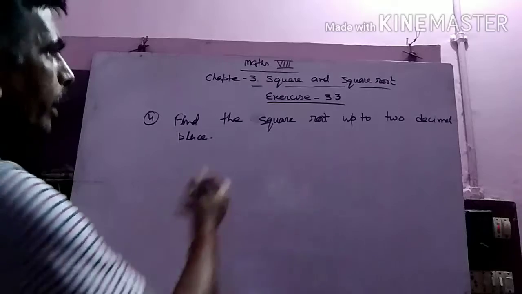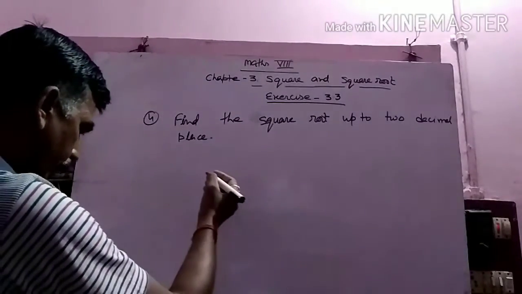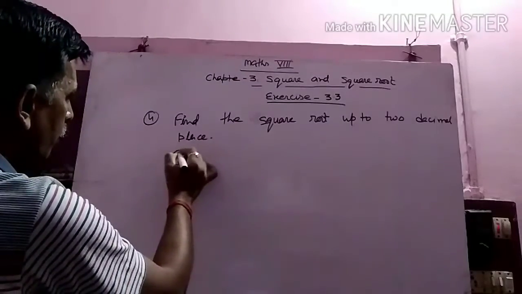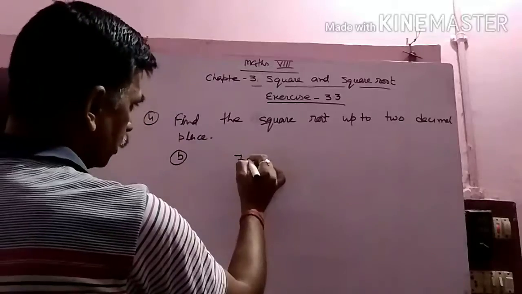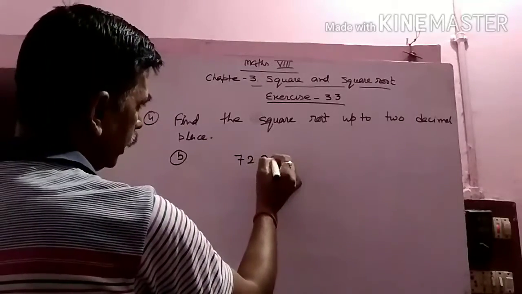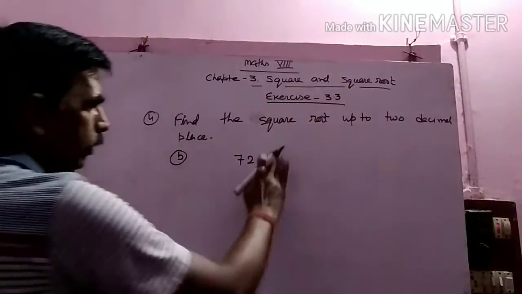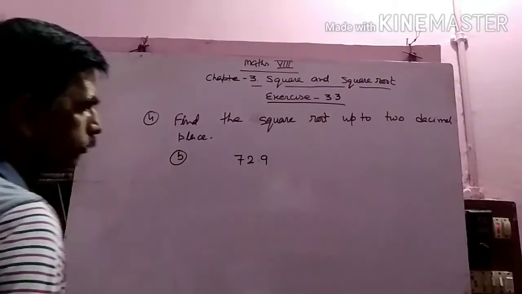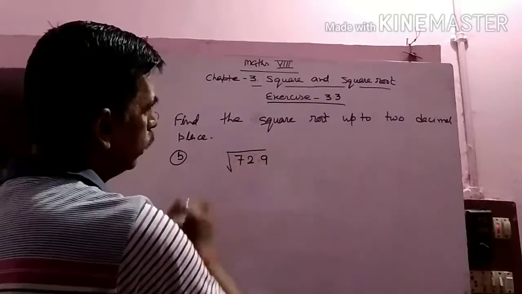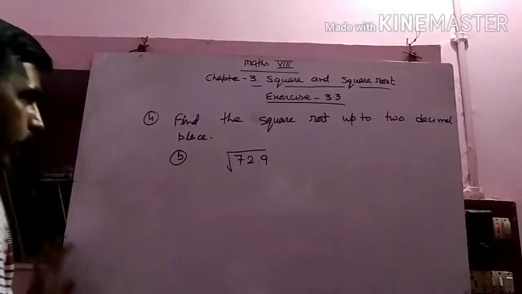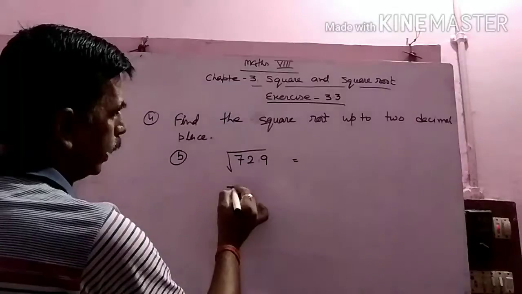Question is, find the square root up to 2 decimal places. And the question is 972.9. Okay, so we have to find the square root of it. So to find the square root of it, we have to write